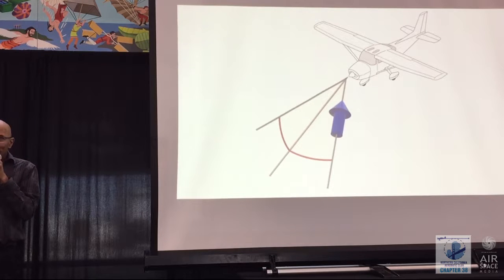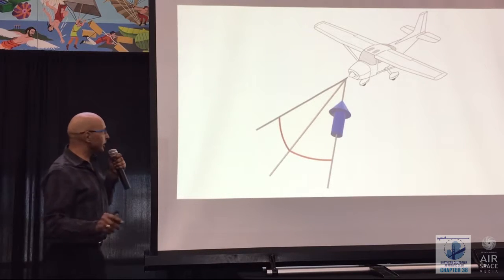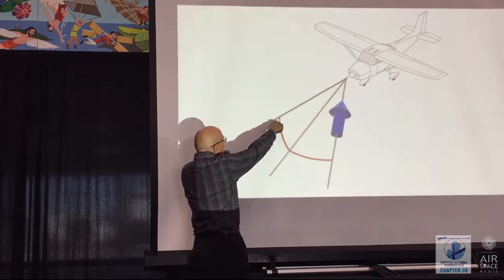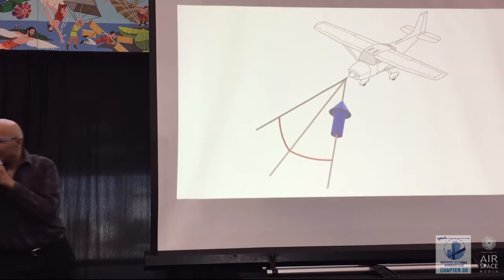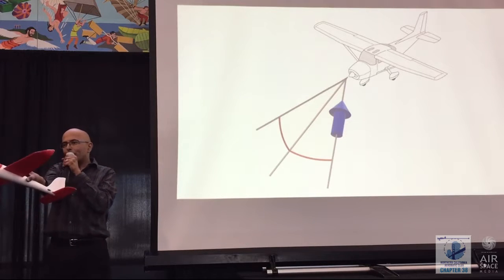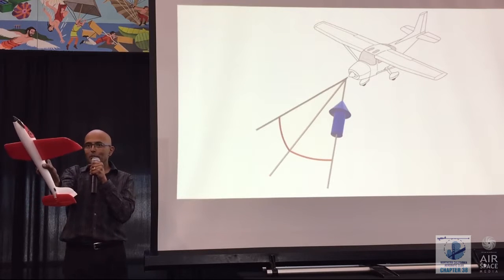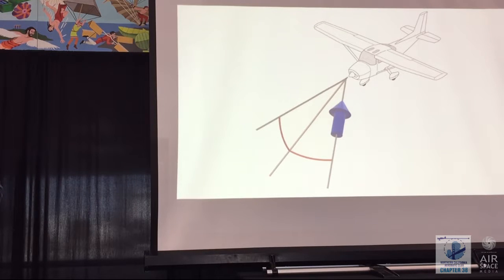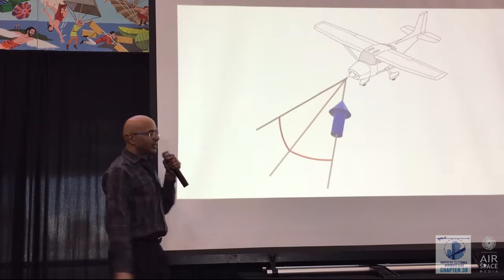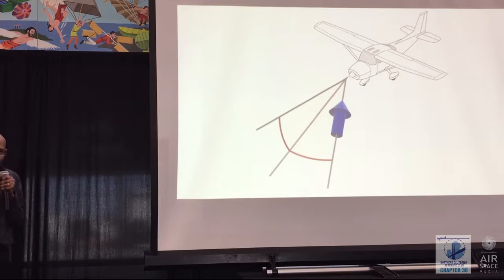Now, it turns out the relative wind is describable by 3 quantities, and it's important to discuss what they are so we can have a common vocabulary. So the angle this way is the angle of attack. The relative wind might come from the side. That angle is the so-called angle of yaw, or angle of side slip. And then there's the strength of the relative wind, which we call the indicated airspeed. So these 3 parameters describe the relative wind.